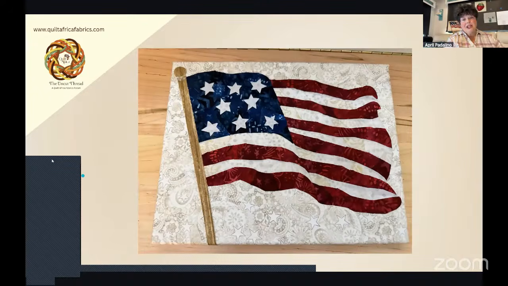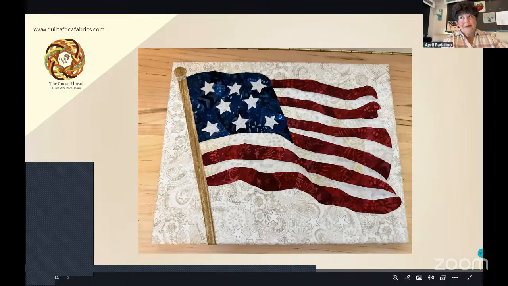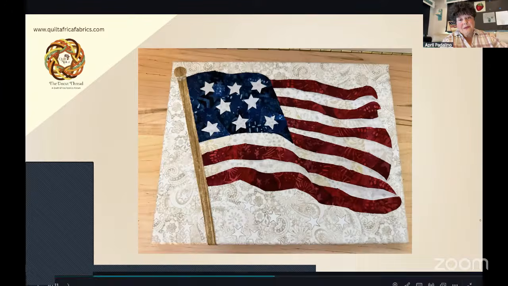And this is the one I talked about, the flag that was behind me. Someone asked me to design that one for a class that I'm teaching in Manistee, Michigan, on May 30th, actually. It's coming up pretty quick. And so I will be teaching some people how to create this flag.